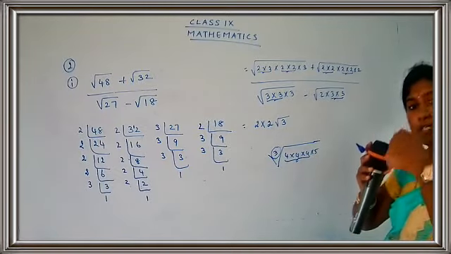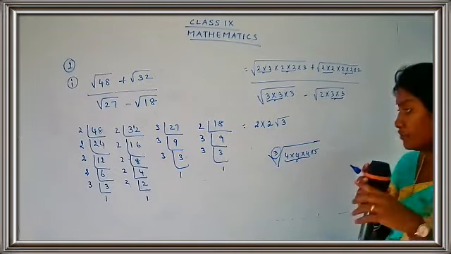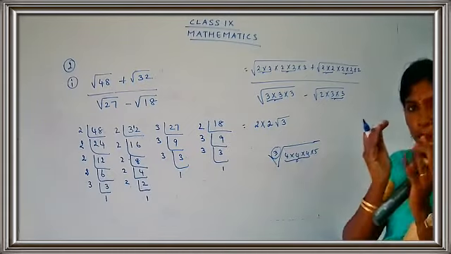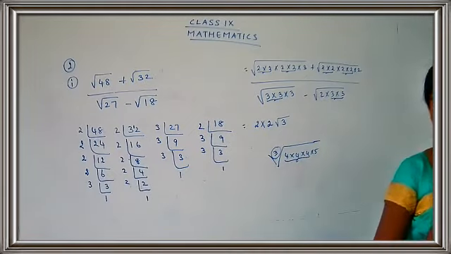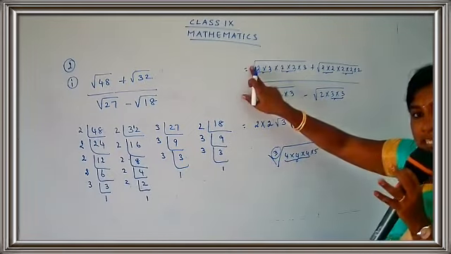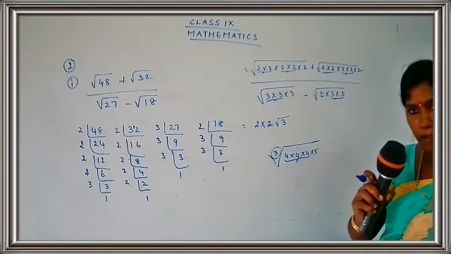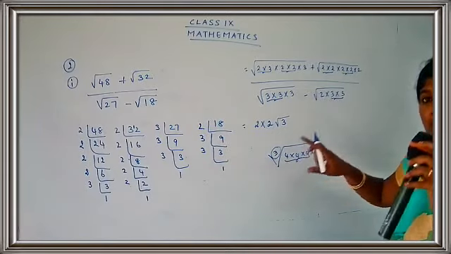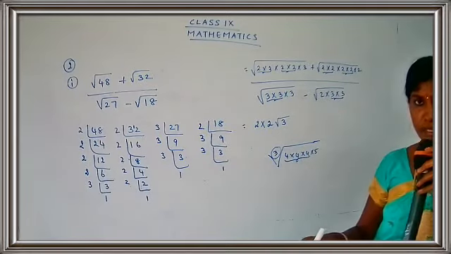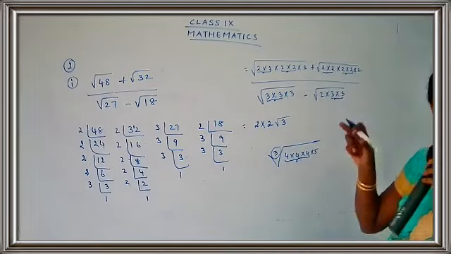And how many numbers are going to come out? Only one number is going to come out, because from a group of 3, 1 is going to come out. Now this, what was the index here? The index was 2. So from a group of 2, 1 will come out. Now here it's 3. So from a group of 3, 1 will come out. Okay children? So you have to be careful with the root index.